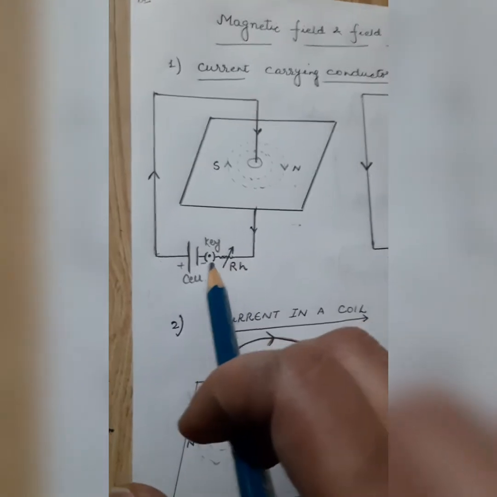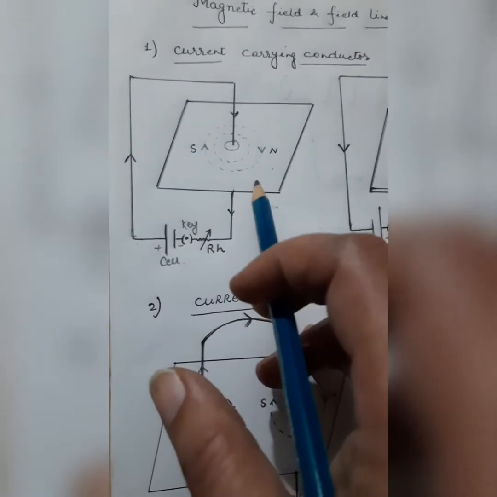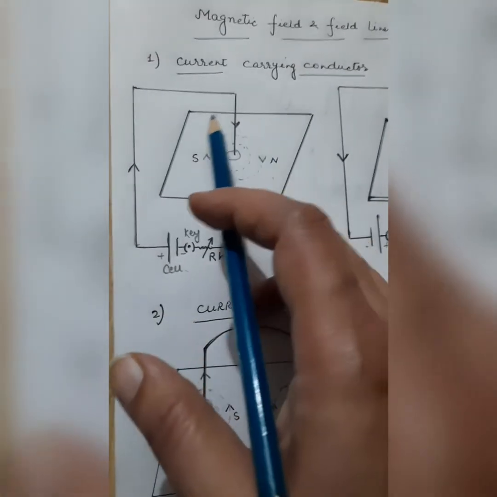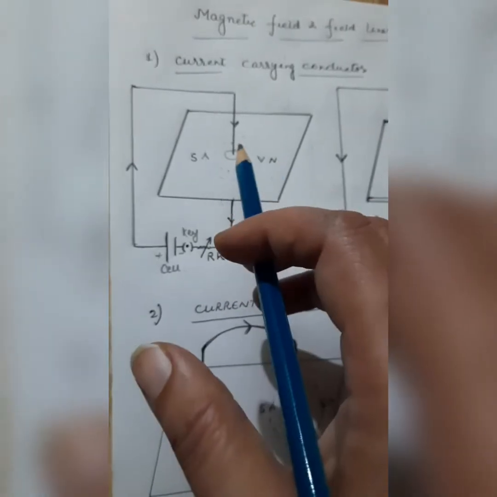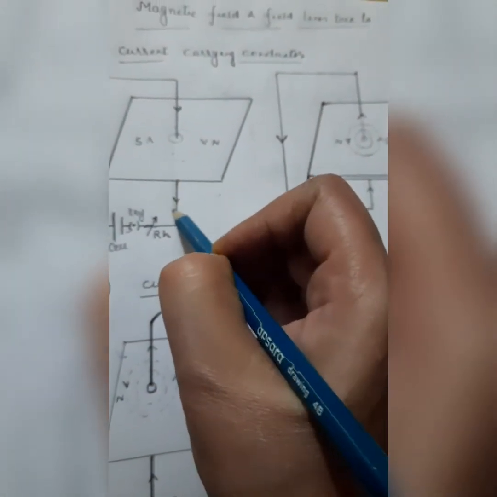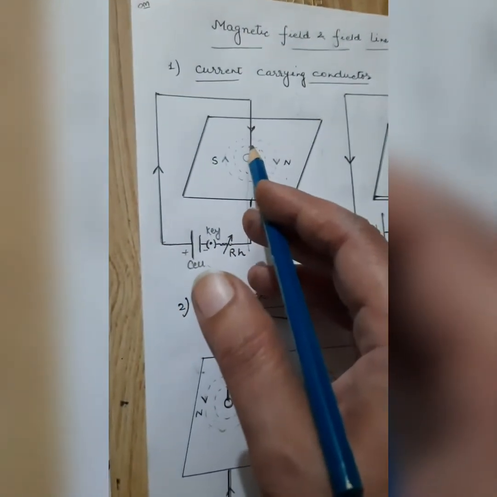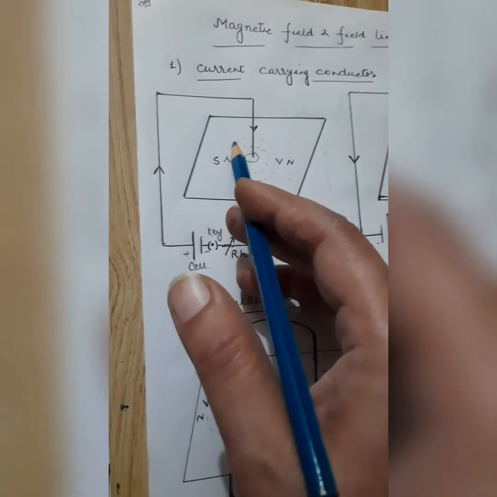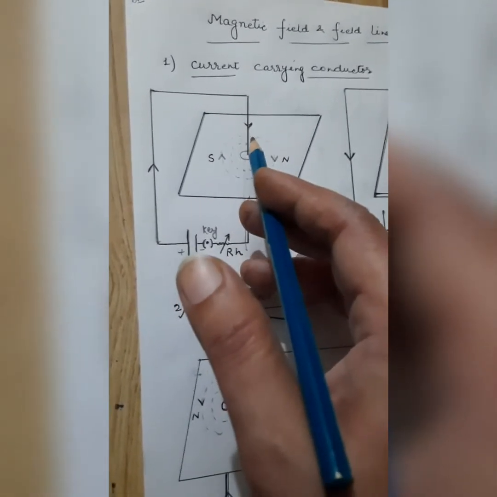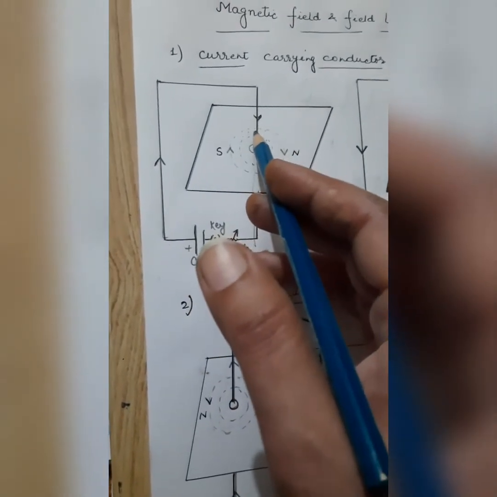If you change the amount of current with the help of this rheostat, you will observe the strength of the magnetic field also changes. How do you observe it? The iron filings will spread over a larger surface area. Third way: if you increase the number of turns, if I connect one more wire through this, I increase the number of wires here. If I increase 1, 2, 3 wires, I simply increase the surface area. If I increase the surface area, what will increase there? Current.